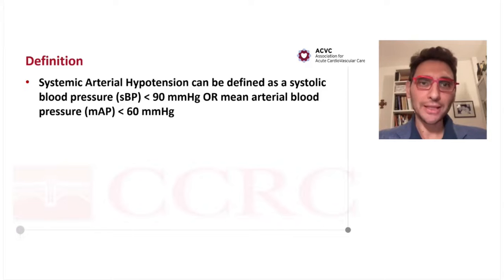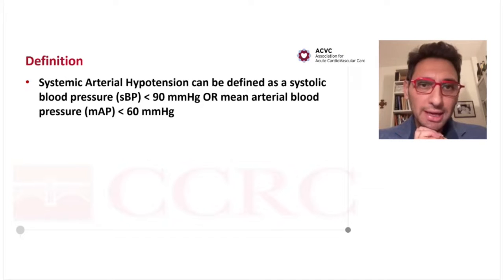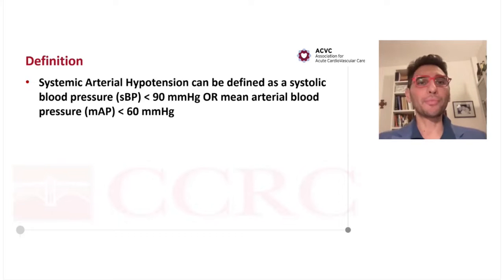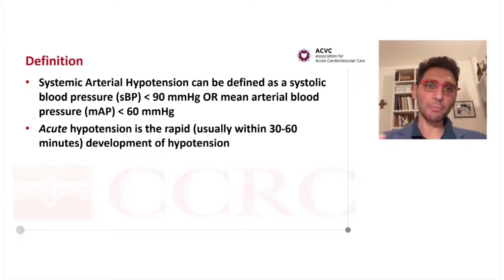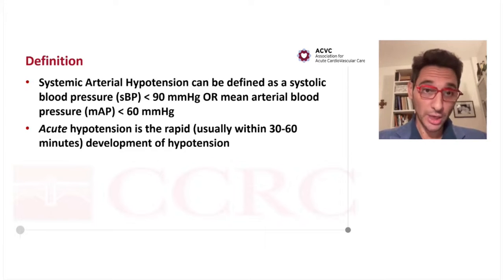So systemic arterial hypotension has been defined by different targets, but it is usually defined in clinical practice and most clinical trials, as Sean Van Diepen will later discuss in more detail, as an SBP lower than 90 millimeters of mercury, or a mean arterial blood pressure below 60 millimeters of mercury. Acute hypotension is a dynamic concept, so it requires a time frame and usually a development of hypotension within 30-60 minutes, and that's an important concept to always remember, that a patient that is doing well and has a low blood pressure should be distinguished from a patient with an acute hypotension.